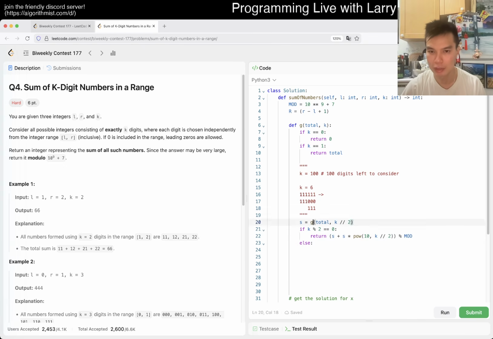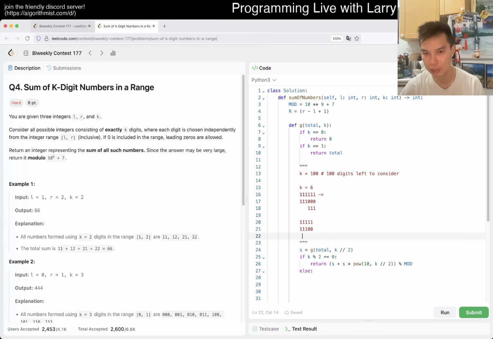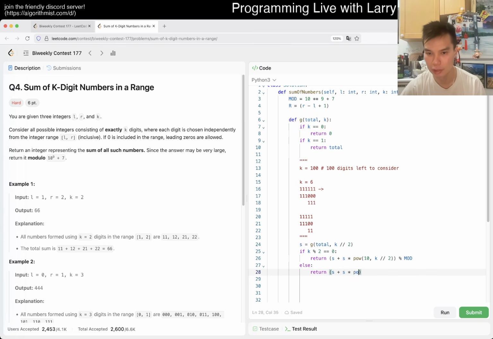Else, if it's odd, what happens if it's odd? We have 1, 2, 3, 4, 5. K divided by 2, so we have 5 divided by 2 is 2. So then we have something like this instead, right? Depending on how you write it, you can write it either way. So then now we have return s plus, or s is equal to 2. Okay, so maybe we can write this still, and then we add it again one more time